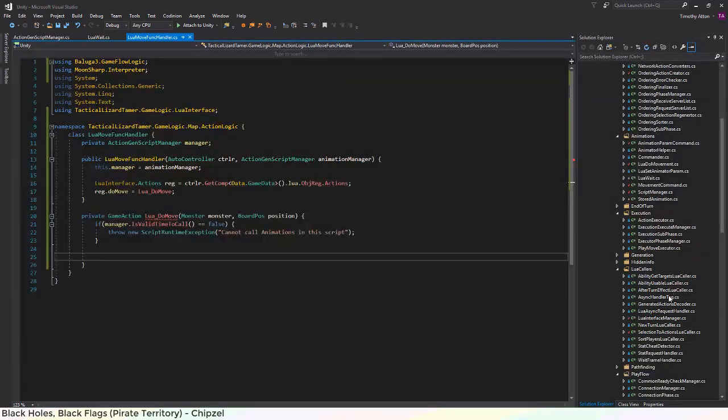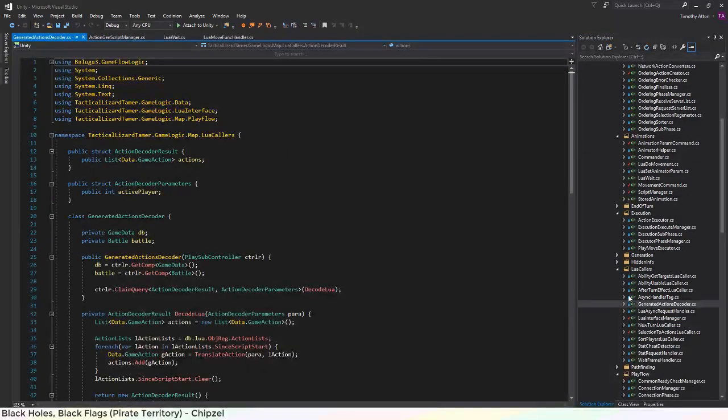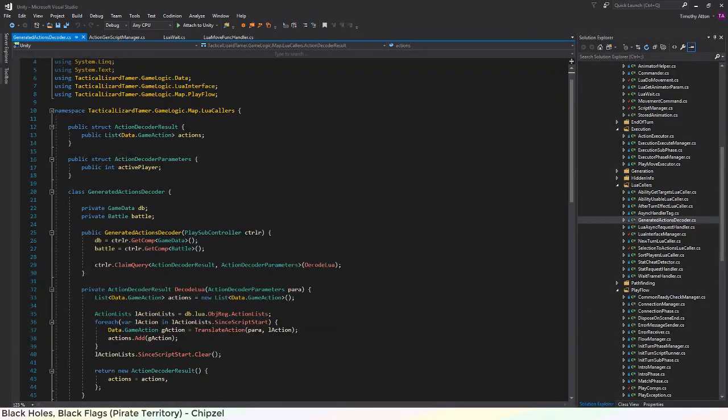The generated actions decoder. I think that maybe I should move this Lua Callers class out, or all these classes out to the, I don't know. I don't really want to change any more namespaces, but just for organizational, maybe it should be moved out to the more relevant namespaces, but